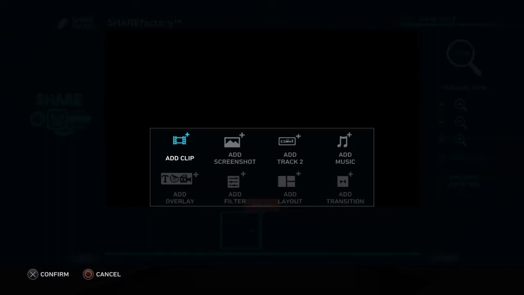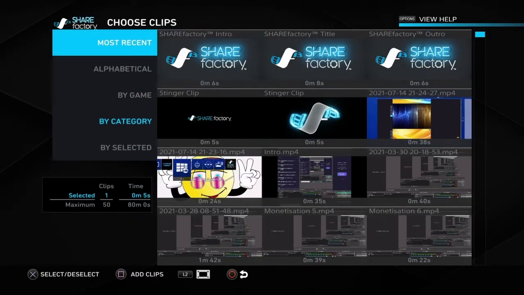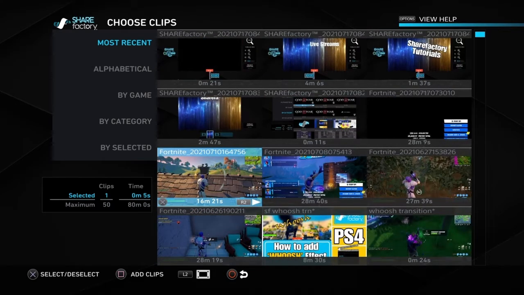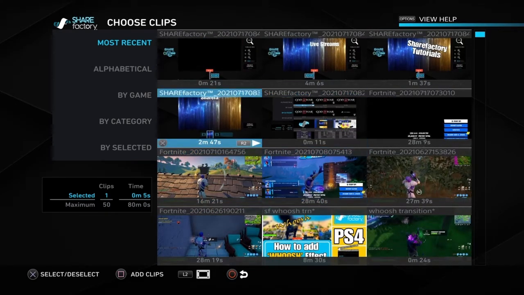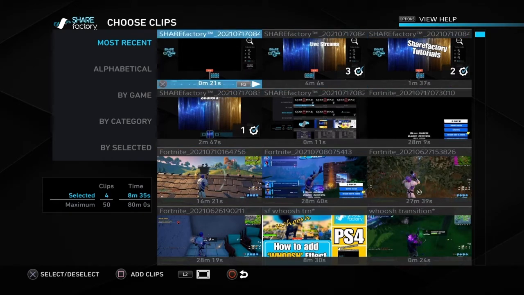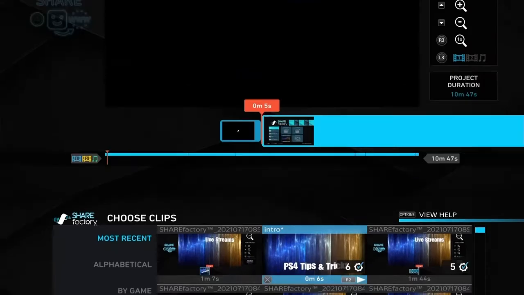We end up with this just one clip here, and what we want to do is find all of the clips that we've recorded for our video. So if you're doing a montage or anything like that, then this is a point where you want to add all those clips that you've recorded into your video project. In this example, I've done lots of recordings for the tutorial, so I'm going to add all of those recordings